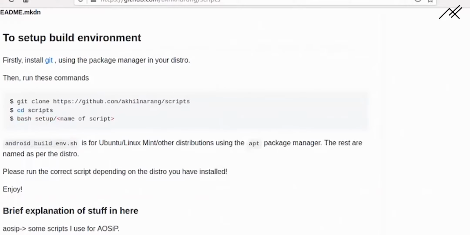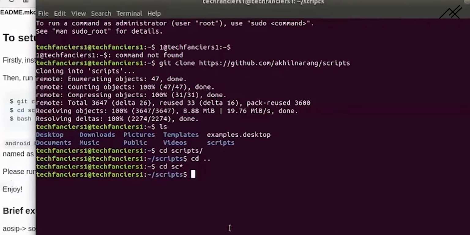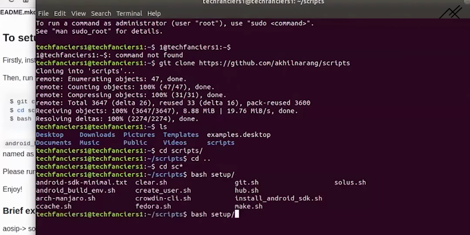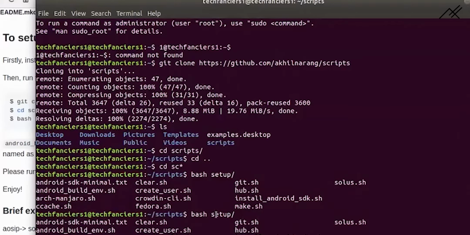We need to go here, dash setup and the setup file. This is a folder inside this one. If I press tab and tab, it will print all the files inside this folder.